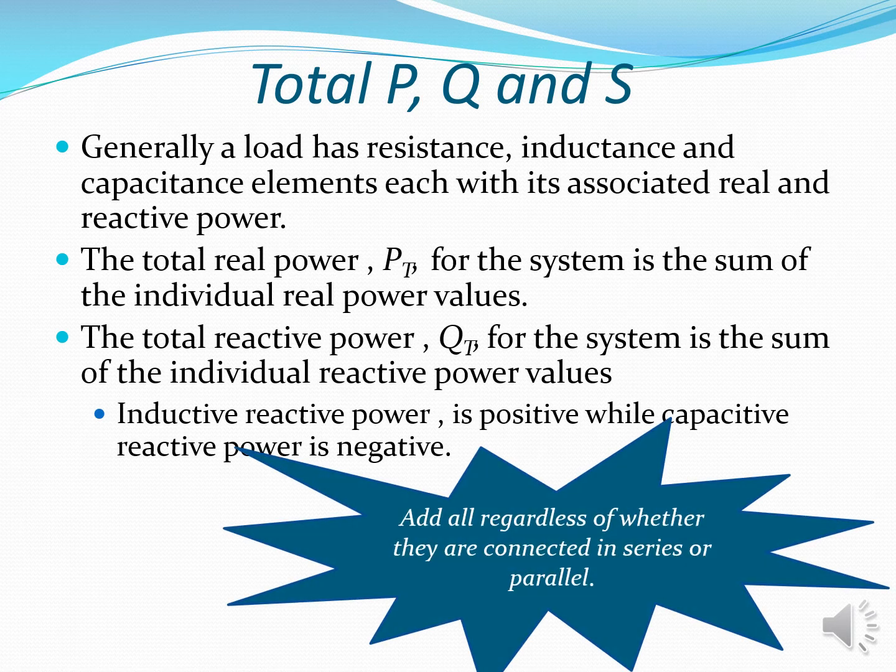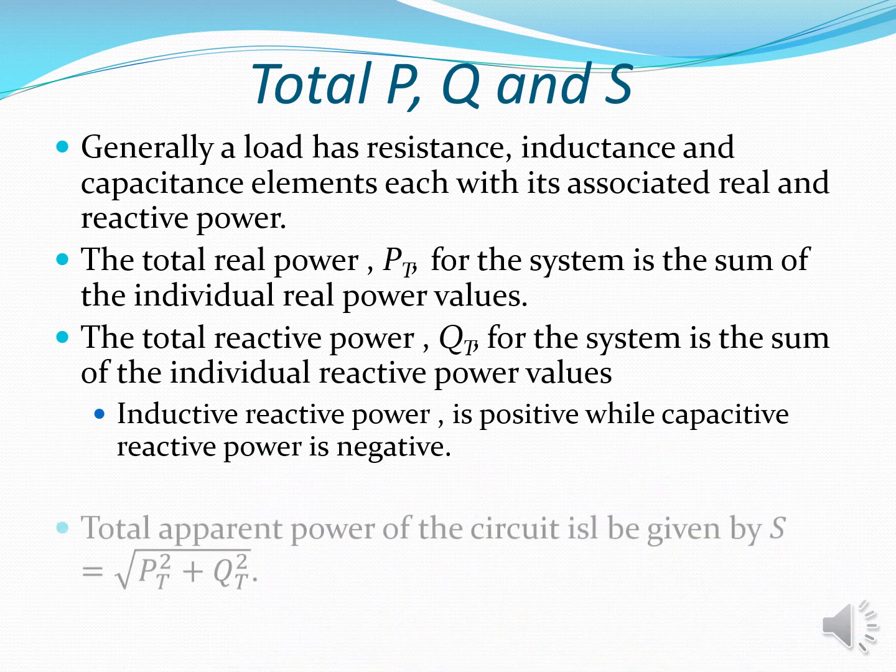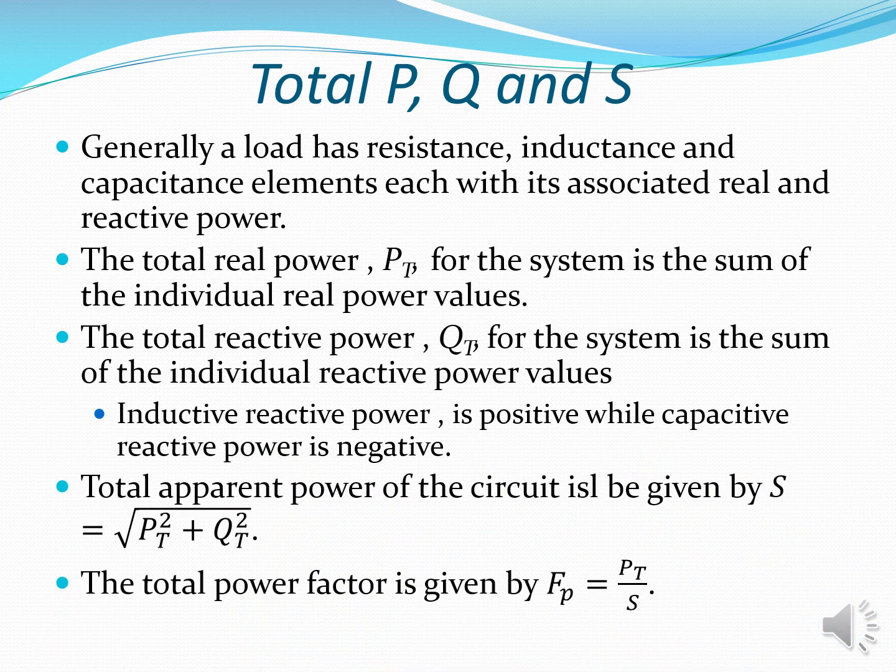So in general, we can say that the total real power and the total reactive power will be combined to give the total apparent power. And so S is the square root of Pt squared plus Qt squared, and the power factor is the real power over the apparent power for a given